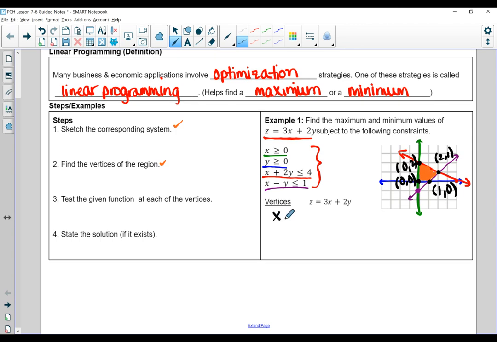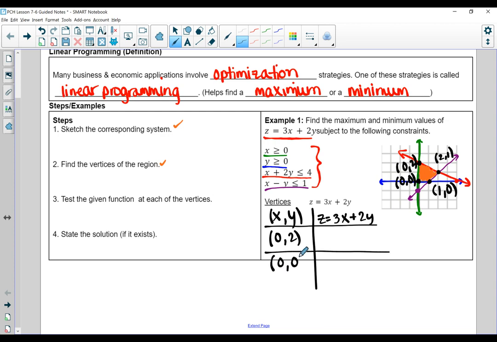So I like to make a table, but you can organize it however you want. So I'm going to have all of my x and y's there, and then my z, which is a function of x and y. Let's just list out all of my vertices. I've got 0, 2. I've got 0, 0. I've got 1, 0,